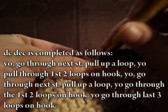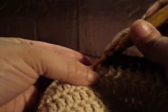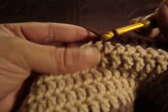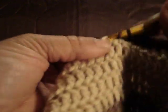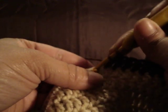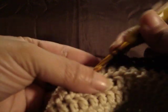We're going to do 6 more stitches. 1, 2, 3, 4, 5, and